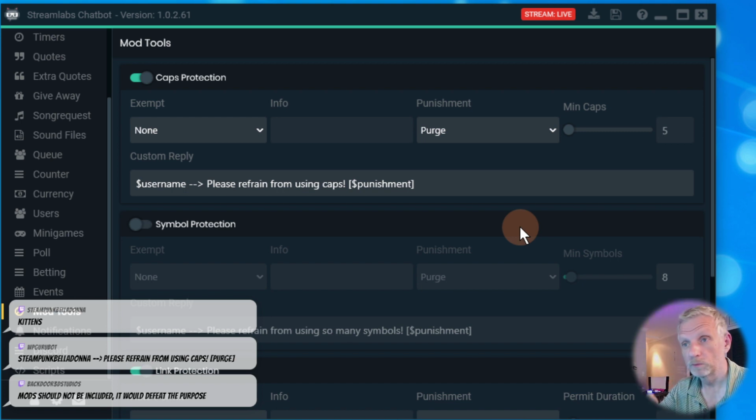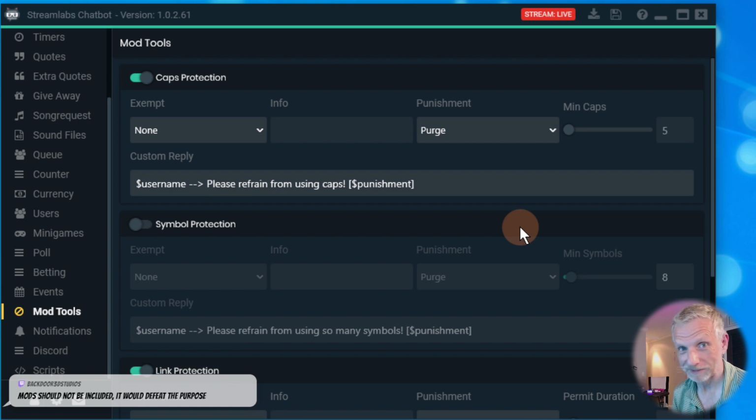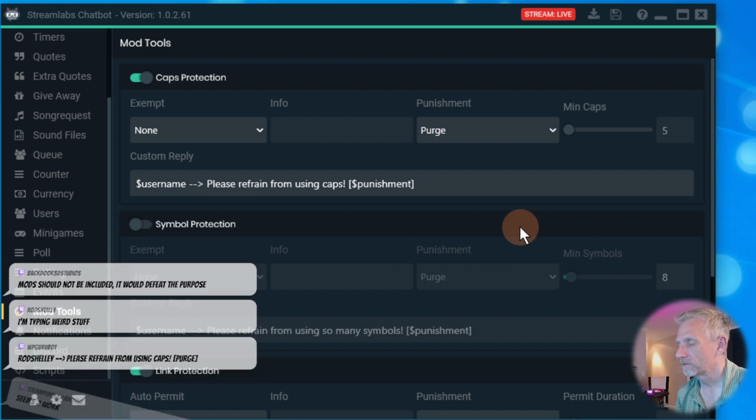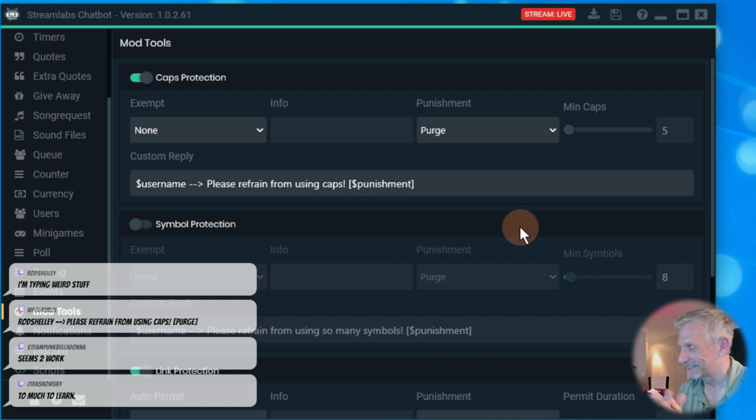Steampunk Belladonna, you will be untimed out. This is just a test, so sorry about this. So timeout means, oh, fantastic! This is good. Just to explain the timeout thing, it's something that puts you on, I don't even know how long the timeout is, the punishment. Oh, there we go. The timeout means you can't post something for a certain amount of seconds, and you'll see at the bottom how long the timeout is. Oh yeah, the permit duration. 30 seconds, I suppose that's what that is.